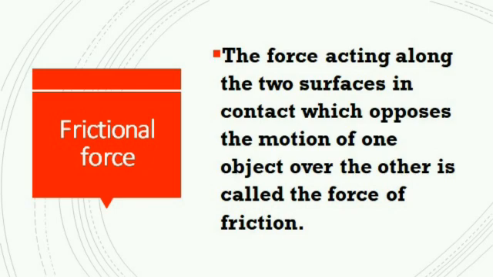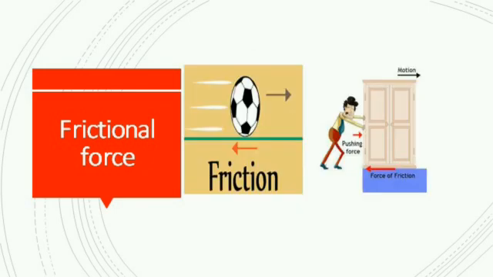Clear? This force of friction is due to the roughness of the surfaces of the objects in contact. You can say roughness, or you can say there are some irregularities on the floor which cannot be seen with our naked eye. Irregularities means you can see some ups and downs on the floor surfaces. So due to this, friction occurs. The more the roughness of the surface in contact, the more the force of friction between them. These are the three contact forces.